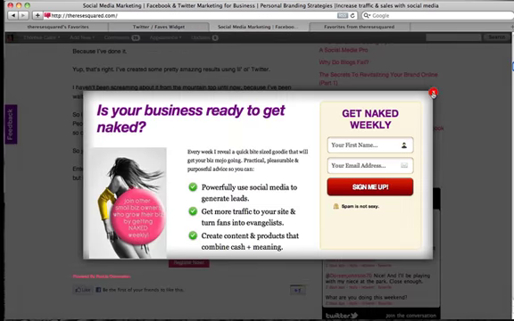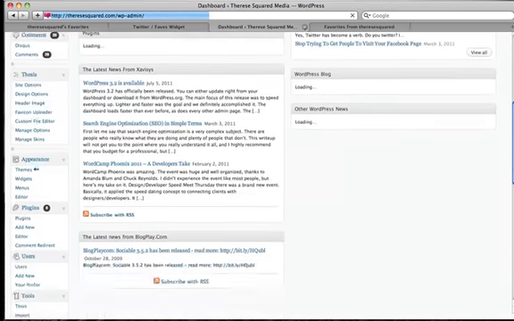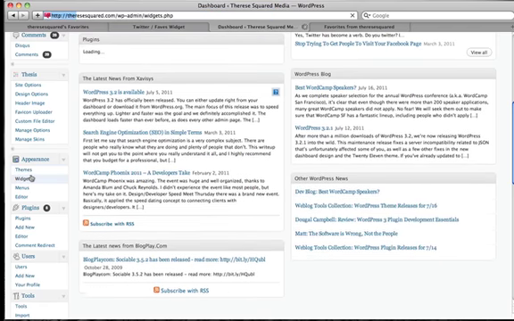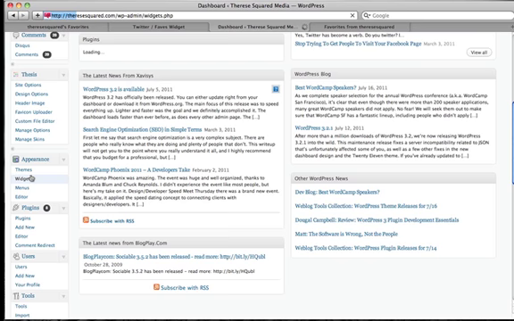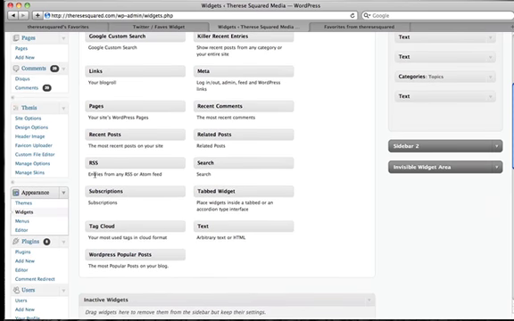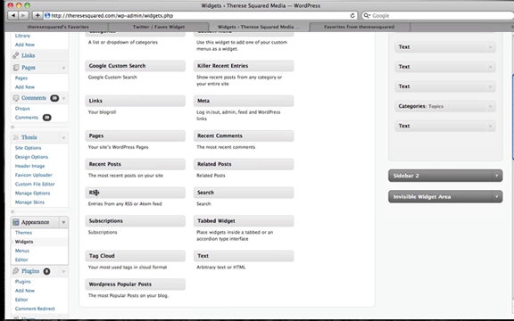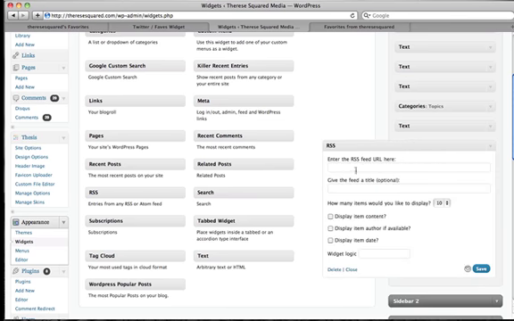And then you want to go back to your website, your dashboard, and back to the widget section. From here, what you want to do is simply pull the RSS widget. This is now default with the new version of WordPress, so you should definitely have this. And you just pull it over to your sidebar